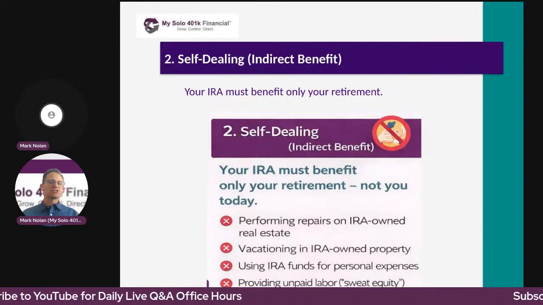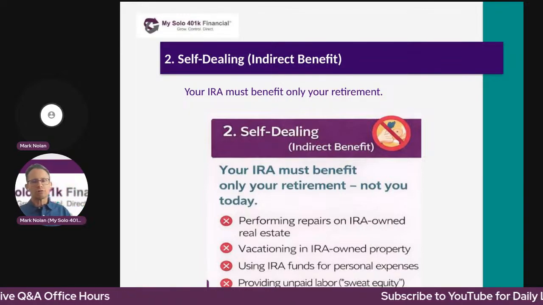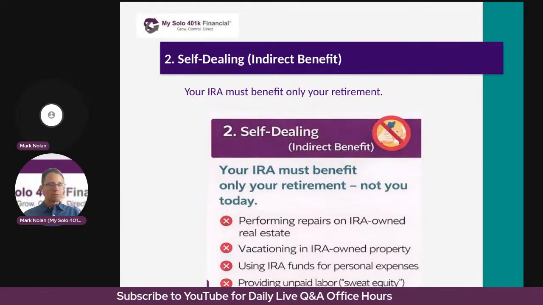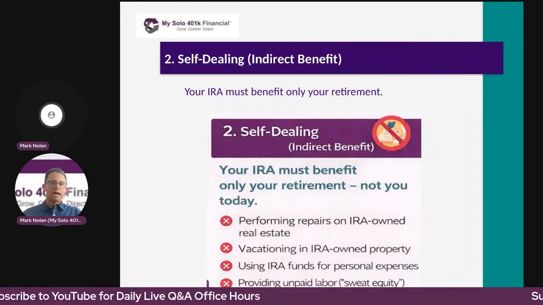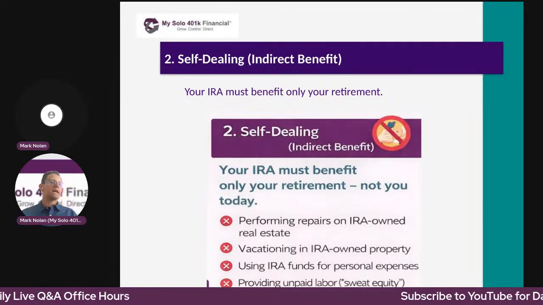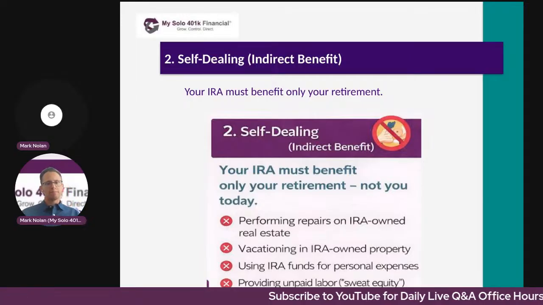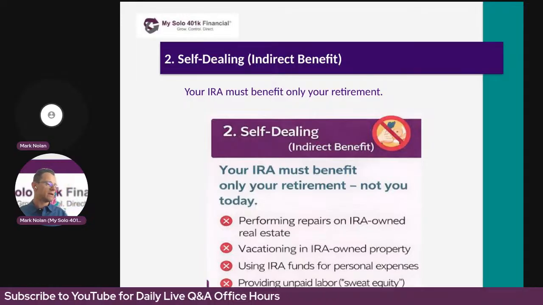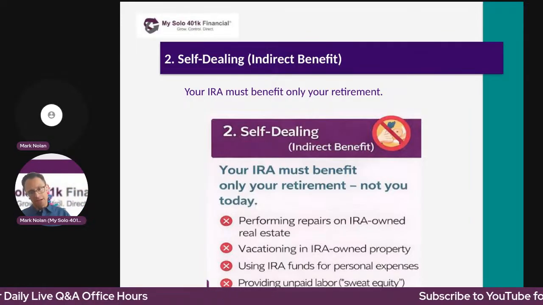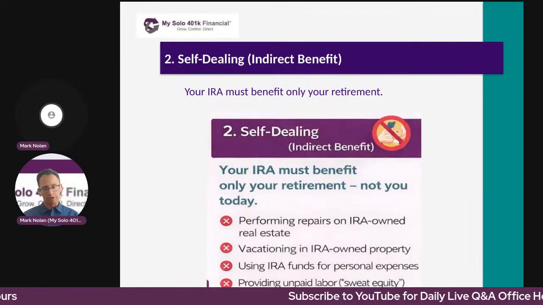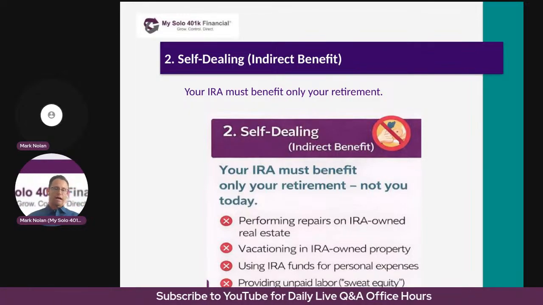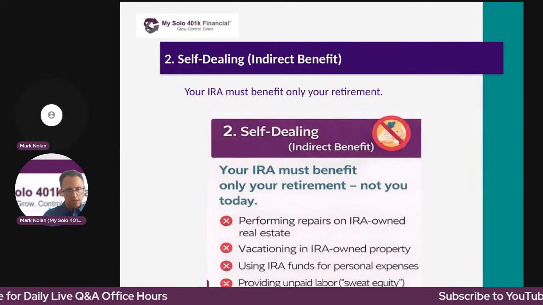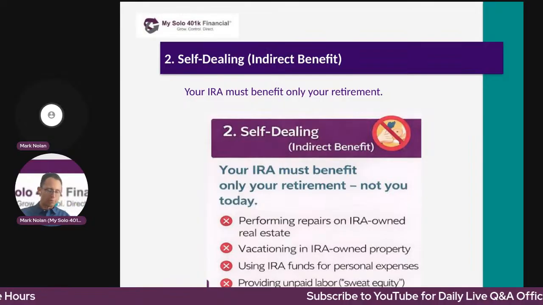You also cannot contribute unpaid labor to increase the property's value. So you can't say, well, I'm going to go ahead and do these repairs, and my self-directed IRA is not going to pay me, but I'm going to do them anyways. That's not allowed either, whether you get paid or not. So you must hire unrelated third parties and pay them from the self-directed IRA, because the self-directed IRA owns that property. So you have to make sure that IRA funds are used to pay those contractors for that work and or repairs performed on the property.